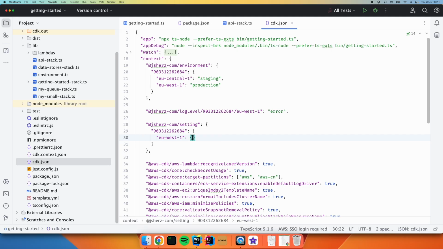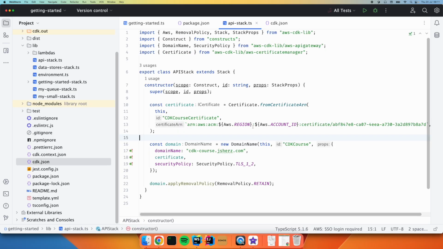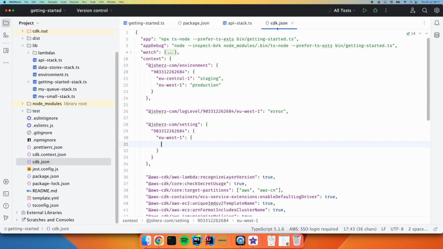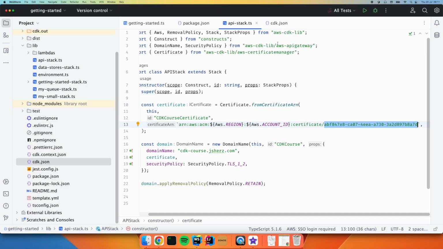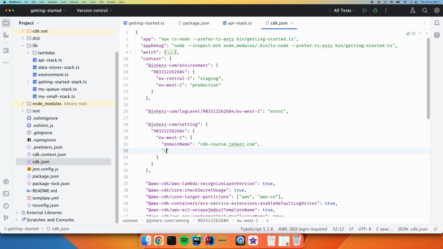So in this case, we'll just do EU West 1 actually. I don't think we need to go as far as splitting out for Frankfurt. And we can set the domain name here, so let's pop that property into our cdk.json, give it some extra speech marks, and we can do the same with the certificate ID. So we could access those just as we have been doing previously with the